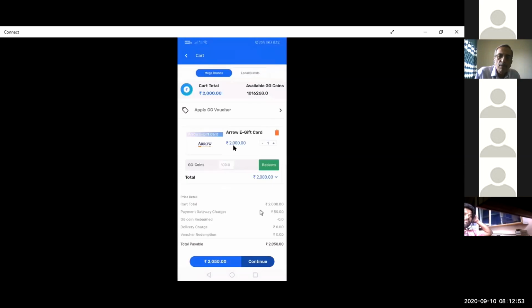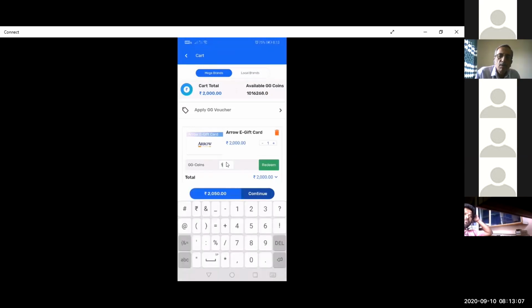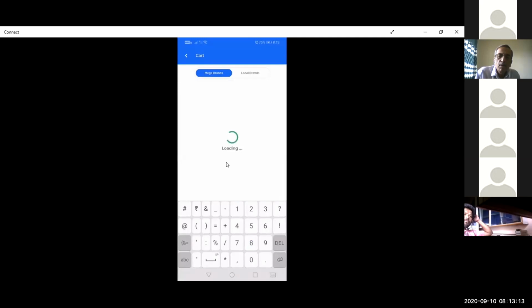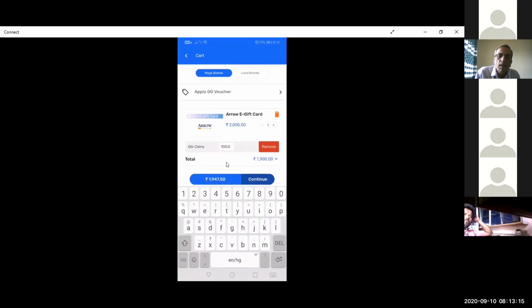Now, because GG coins are applicable on this brand, you can see that it shows how many coins can be redeemed on this gift card, right? So now, if you want to redeem these GG coins, just click on this box, put the value, and click on redeem. Now, the same voucher will cost you 1900 rupees instead of 2000 because you have redeemed those 100 coins on this transaction.